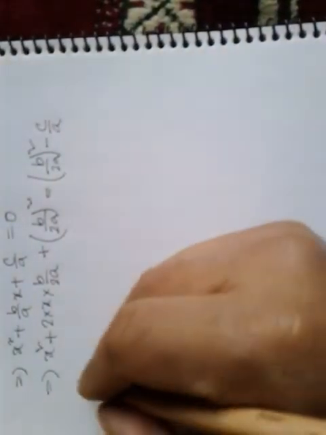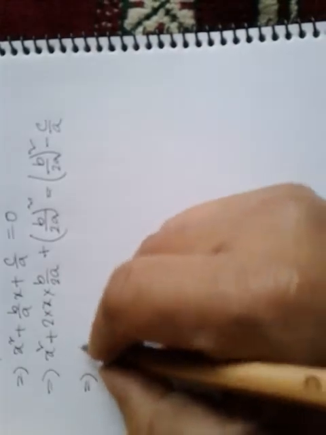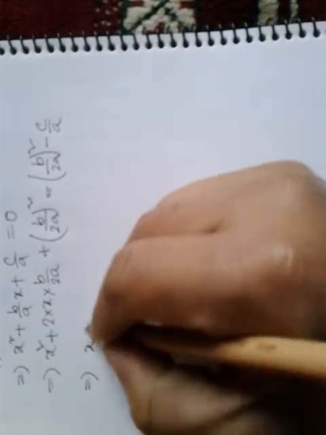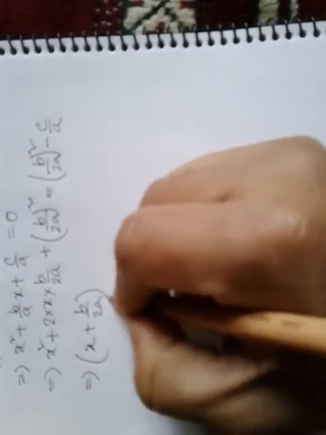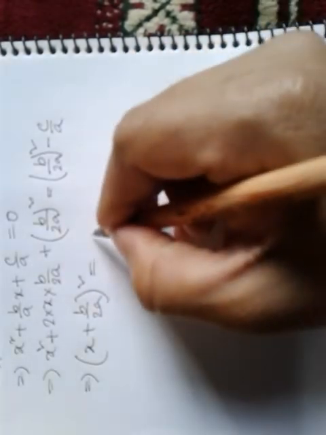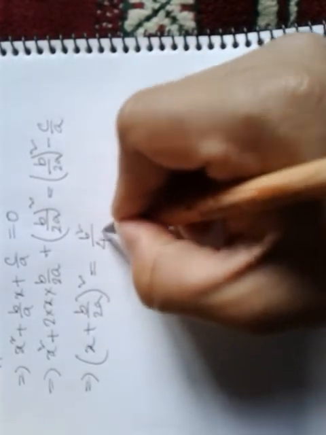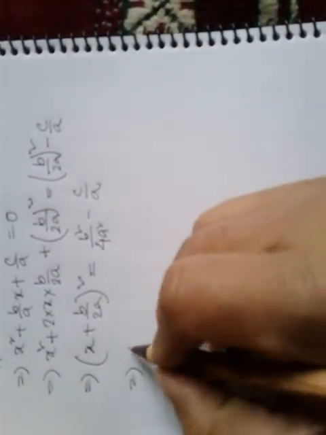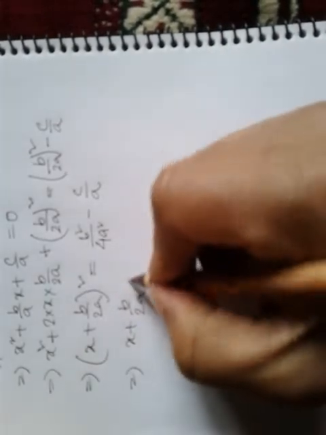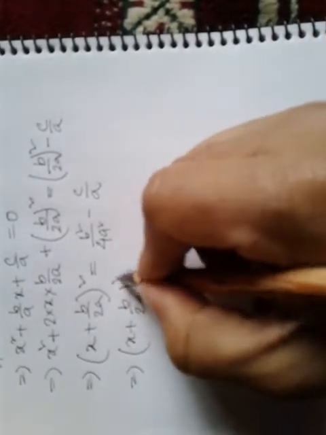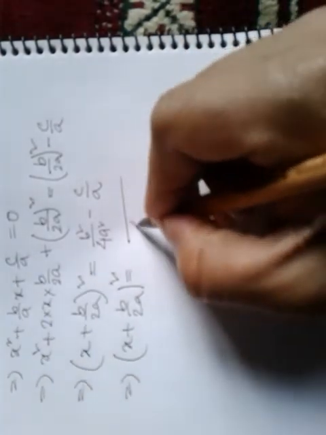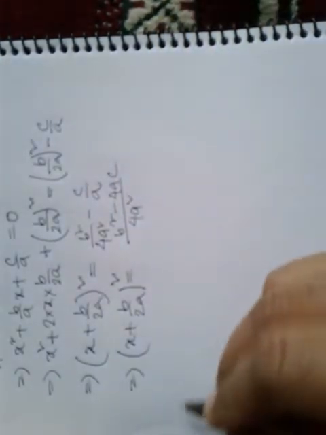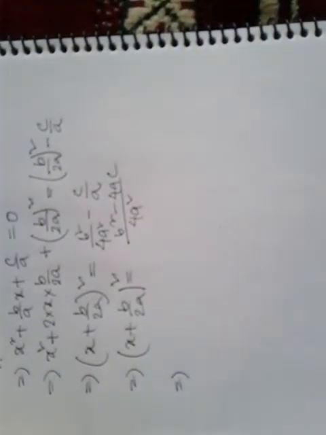Now this will be possible to write like x plus b by twice a whole square and b square by 4a square here minus c by a. Now x plus b by twice a equals to, we will give the square here, and 4a square, b square minus 4ac. Now we will square root both sides,